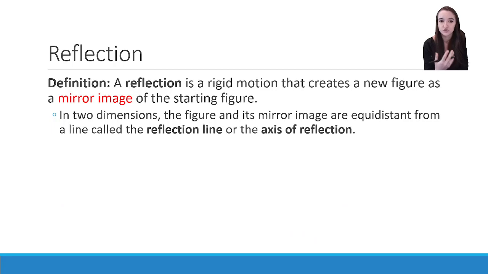So our first type of rigid motion is a reflection. A reflection is a rigid motion that creates a new figure as a mirror image of the starting figure. It reflects it over what's called a line or axis of reflection. So when we're talking about two dimensions, the figure and its mirror image are equidistant from that line. Equidistant meaning just an equal distance on either side. In the same way that you looking into a mirror appear to be an equal distance away on the other